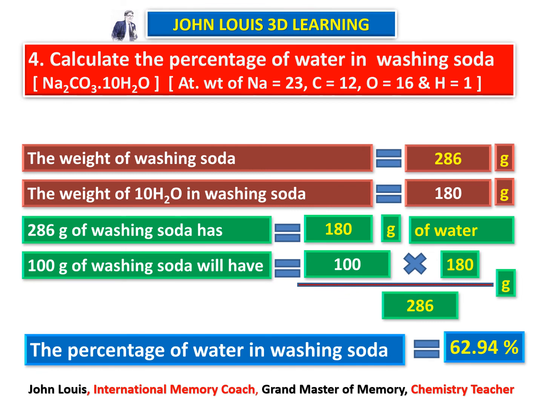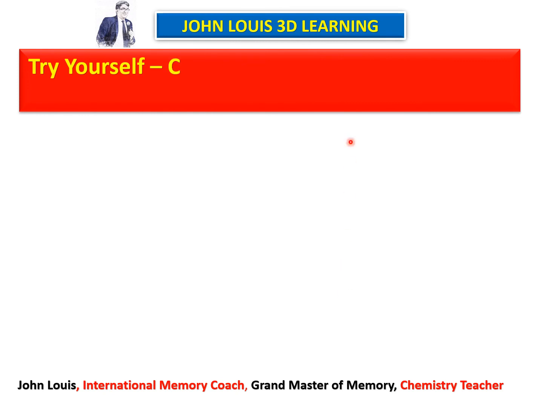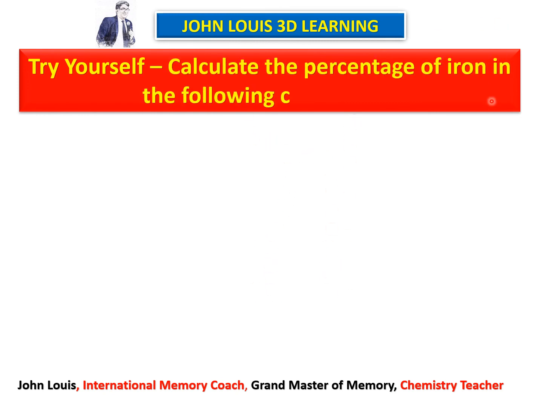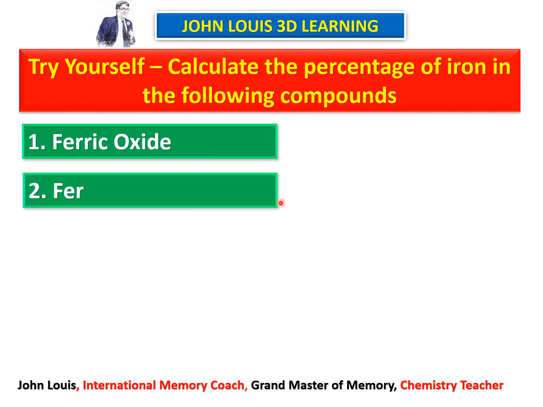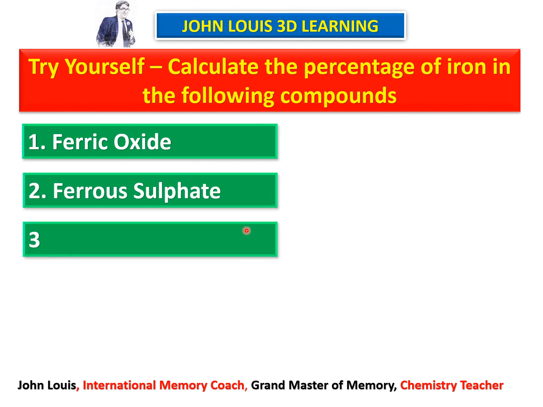Okay. Now try yourself. I have given you 5 sums here to try yourself. Calculate the percentage of iron in the following compounds. I have given 5 different compounds, all have iron, and you need to find out the percentage of iron in each compound. The first one is ferric oxide, the second one is ferrous sulfate, and the third one is